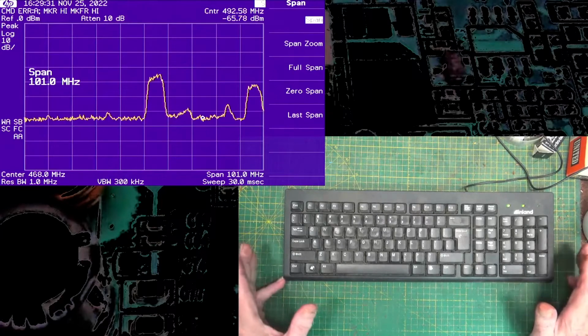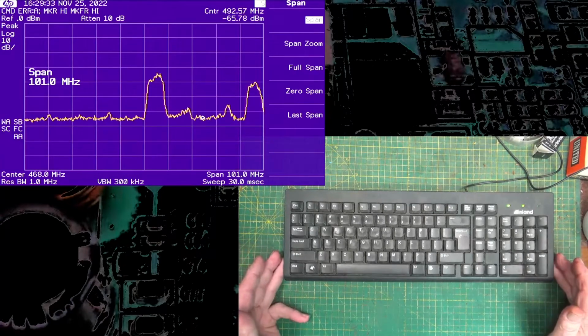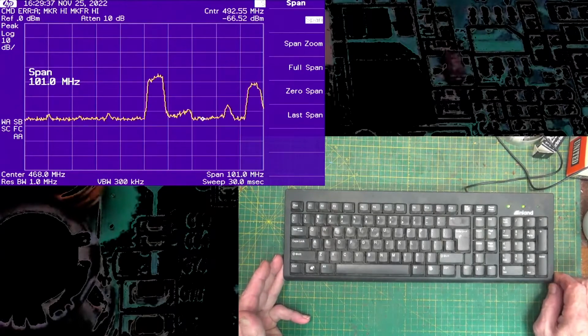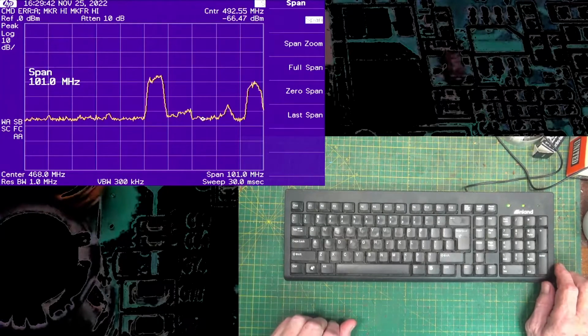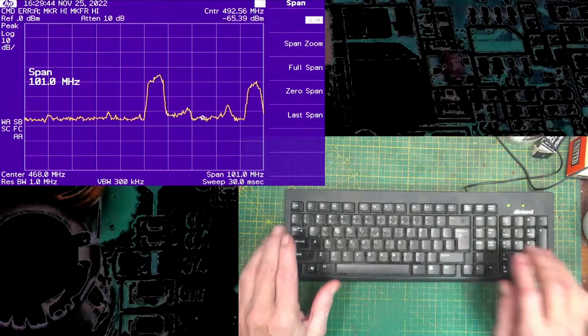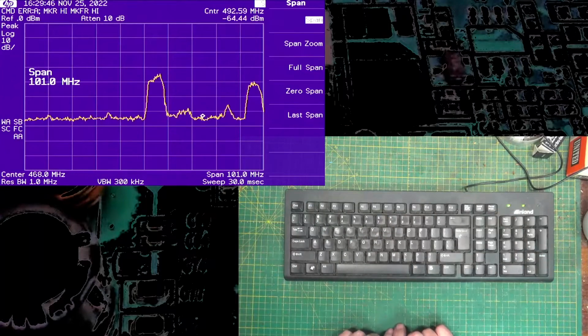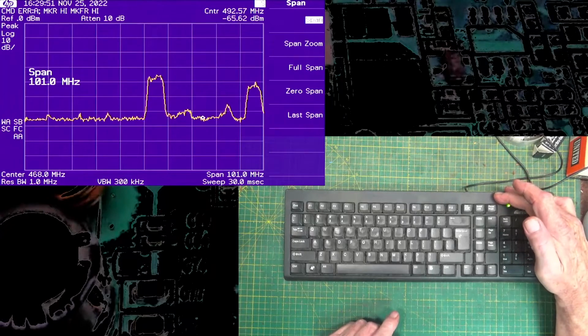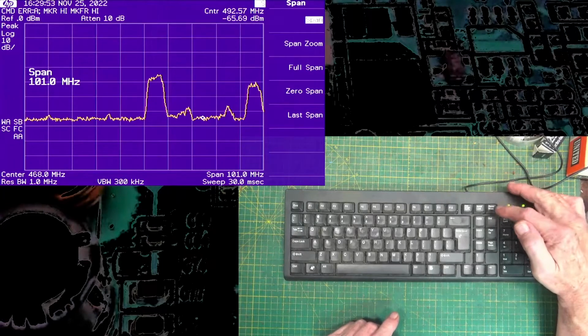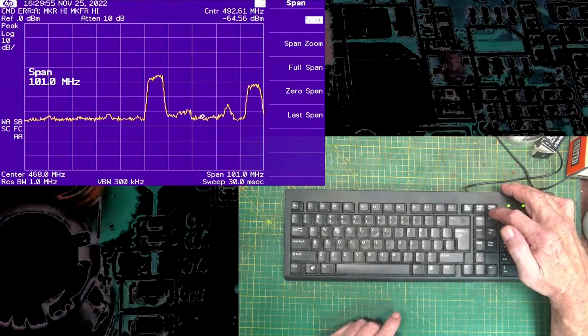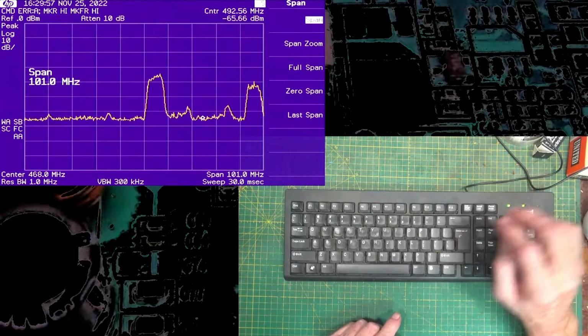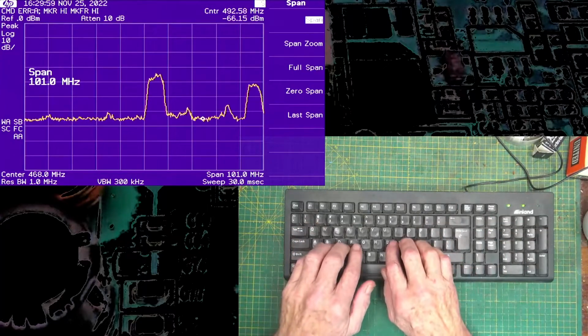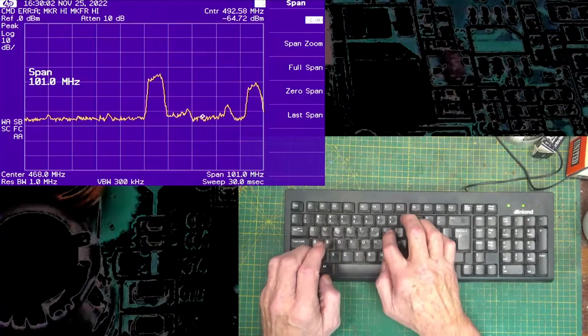So there's a couple of ways you can get information into your SpecAn with the keyboard. We'll go through the easiest one first. The easiest one is done with the F keys up here on the top. The first thing you have to do is hit the pause break key to find out what mode you're in. This says right now mode title. So if I type in a title, let's say